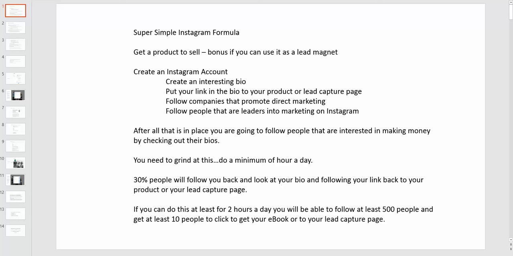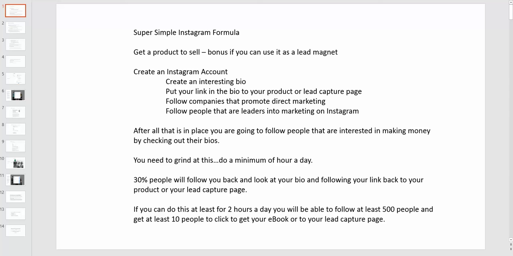Okay, put your link in the bio to your product or the lead capture page, and I'm going to go over this a little bit. In your bio, you get one chance to put a link that goes somewhere. Either that link could go directly to a product, or it can go to your lead capture page. Now, preferred is a lead capture page, and I'm going to go over why in a little bit, okay?